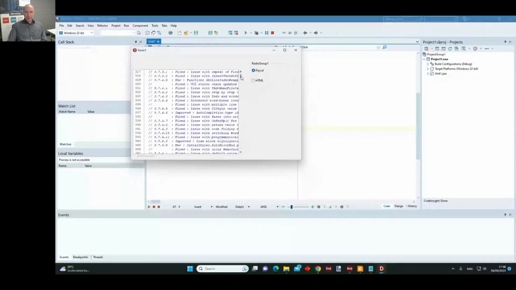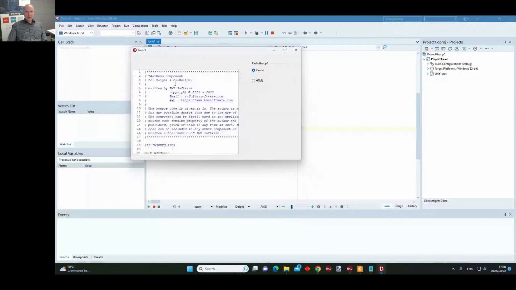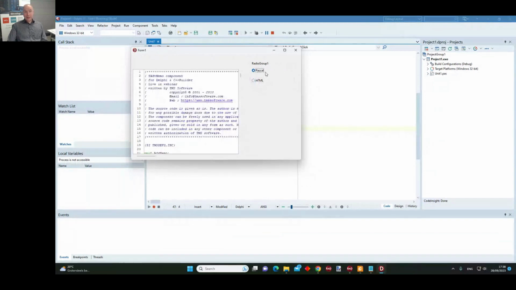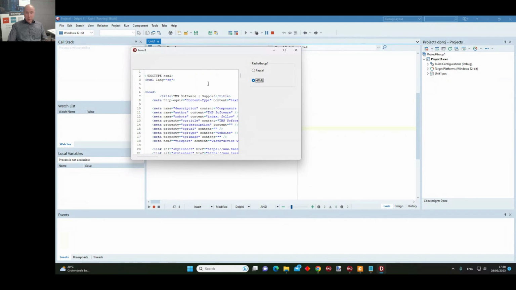And if I go back, well, let me make that more clear. ADV memo, let's change this to live in webinar. I switch to HTML, and we switch back to Pascal. Everything that I edited, changed, modified in the memo source is kept in the memo source. So through one ADV memo instance, I can quickly switch between multiple sources and create a real memory-friendly multi-file editor this way.